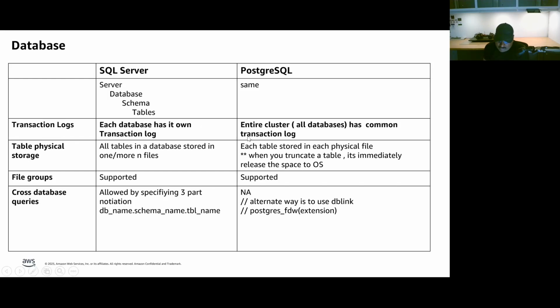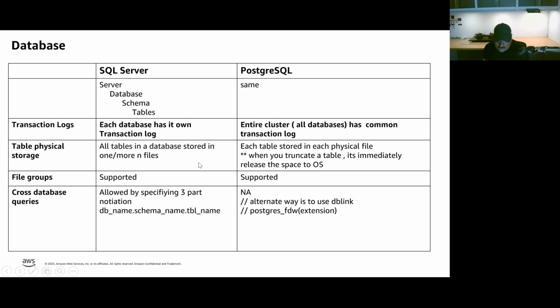And the pros and cons between these two: let's say you split the data across different databases and you log ship, then you get consistent data across all these databases in Postgres. So that's an advantage, if you look at the other side of it. Also, if you want to log ship only a specific database, then there are ways to do that using a replication method called logical replication as well.